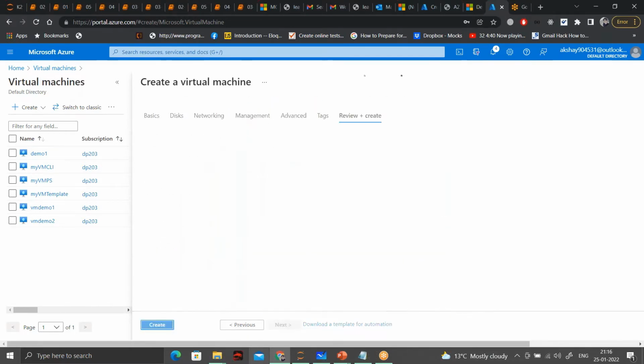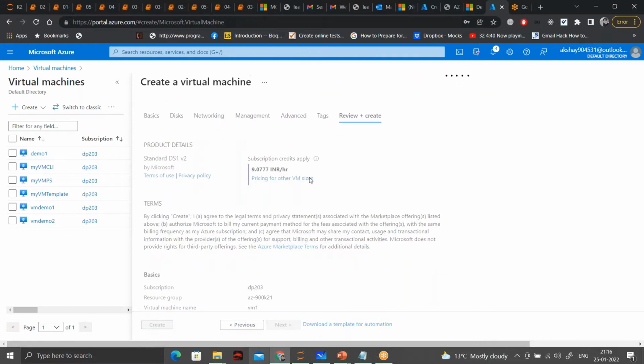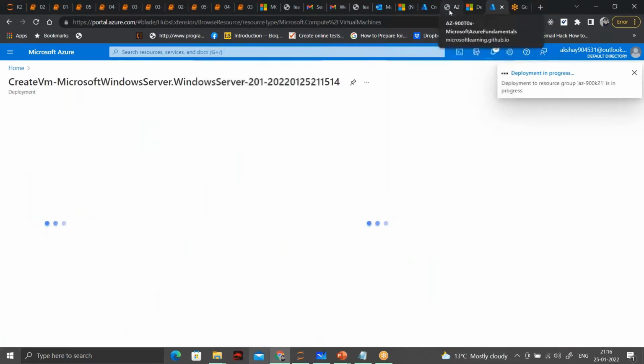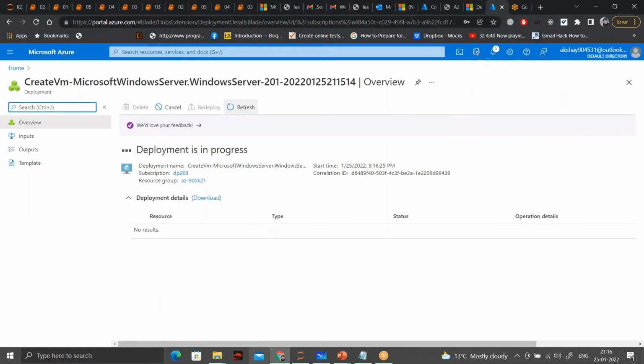And next I'll click on review and create. Yeah, now it has started creating the virtual machine. Next also I'll create one more virtual machine, keep it under the same virtual network. Yeah, so this is creating.